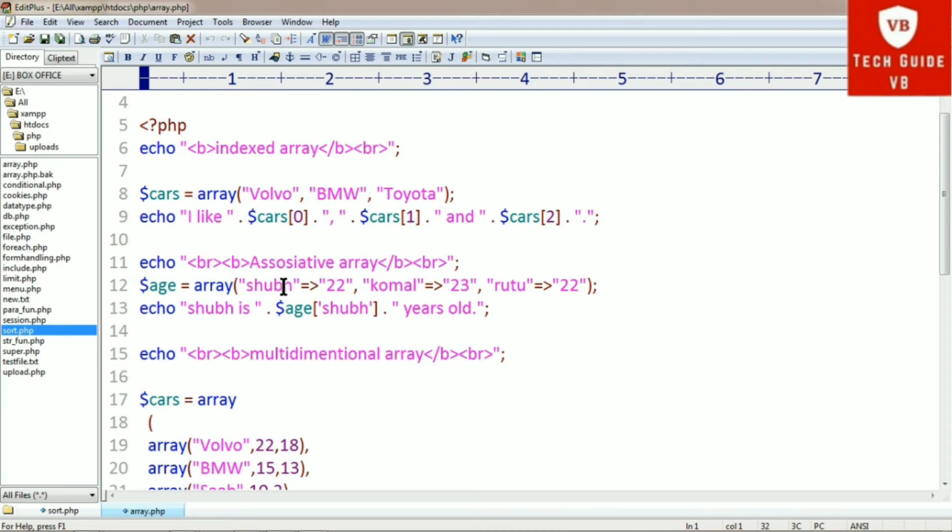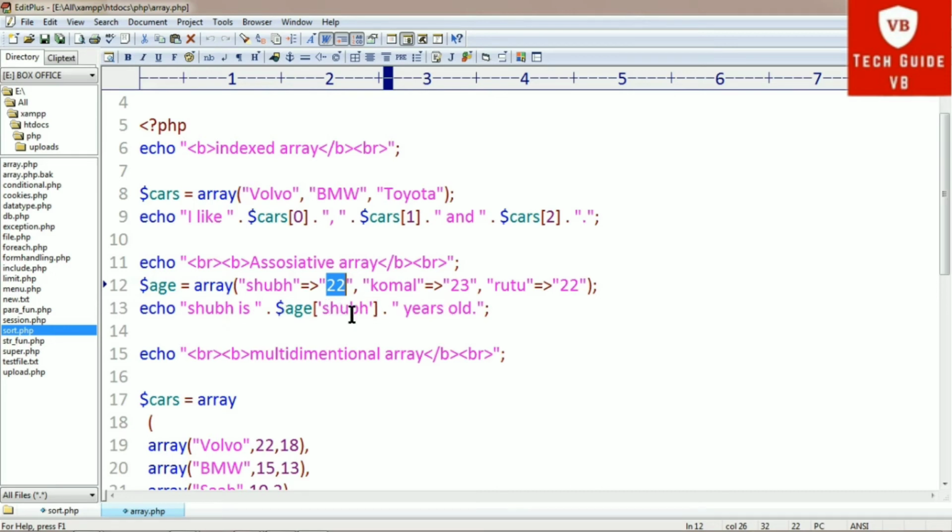So this is the key and this is the value, and they are separated by a comma, and an arrow is used to associate the key with the value in each element, like you have seen here. If we echo age of shub, it will print shub is 22 years old.